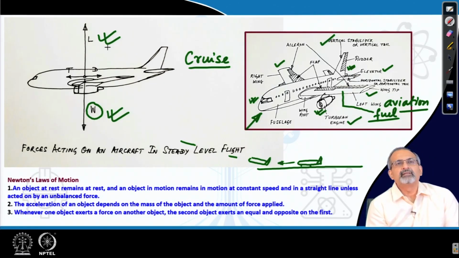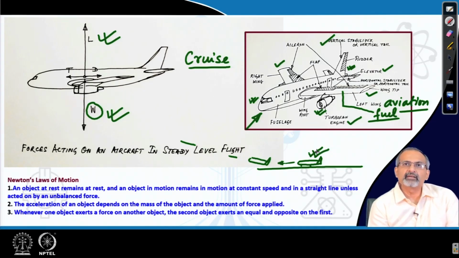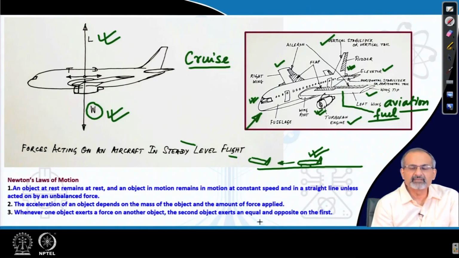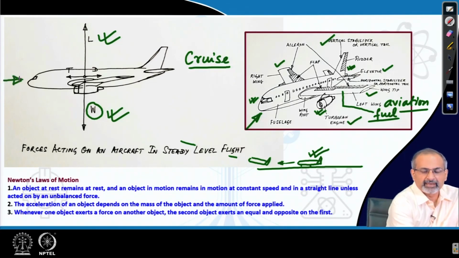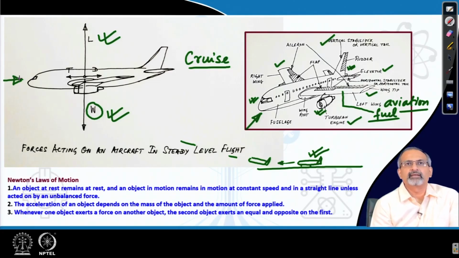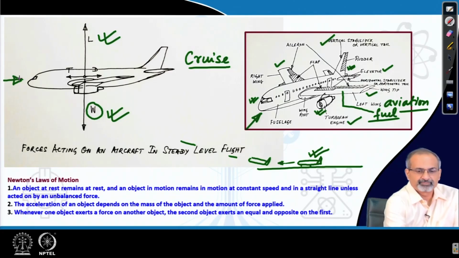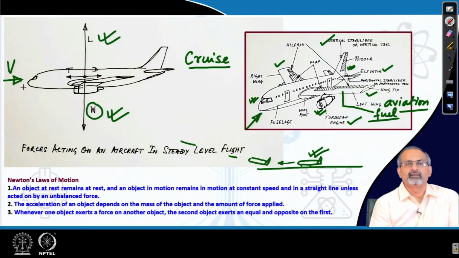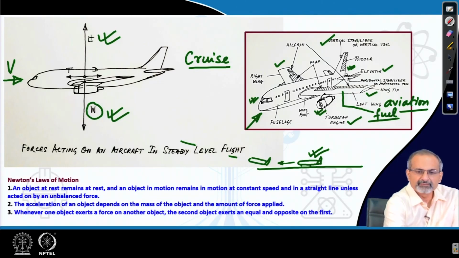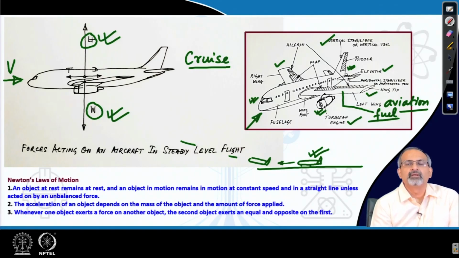Now, how is the lift created at all? If the aircraft was kept on the runway and if the engines were not running, then no lift force would be created at all. That means, this lift force is created only when the aircraft is moving at a fairly large velocity. So, there is an airflow which is coming towards the aircraft because of the relative motion, let us say at some velocity v, and because of the presence of that flow velocity, the lift is generated,